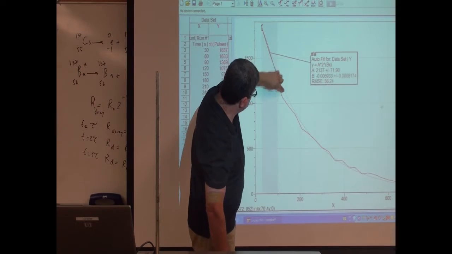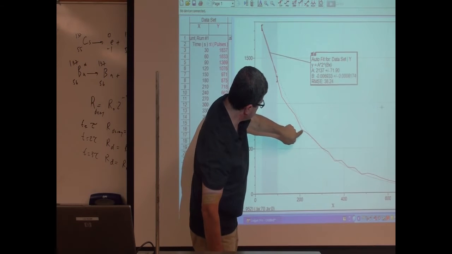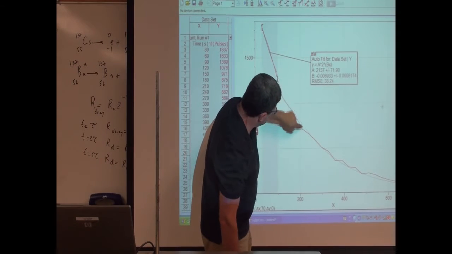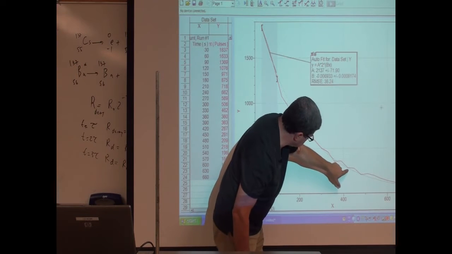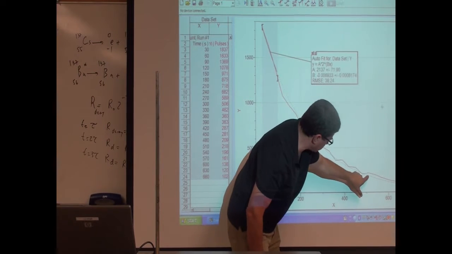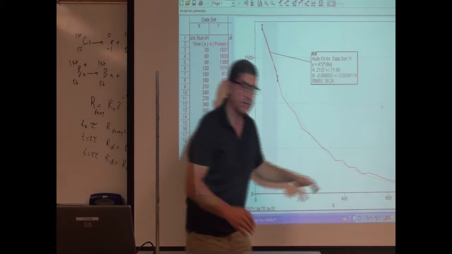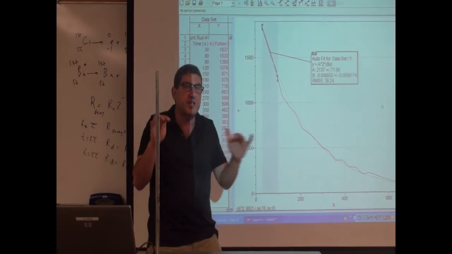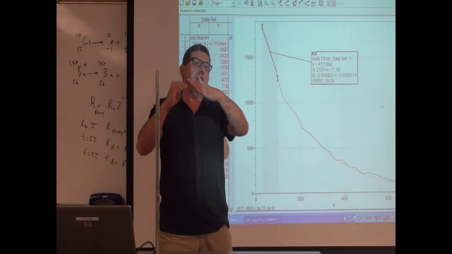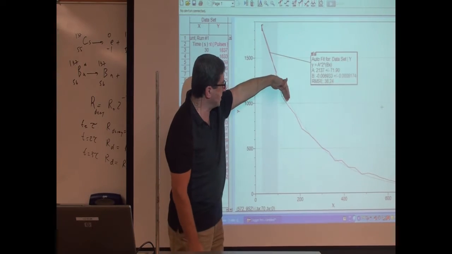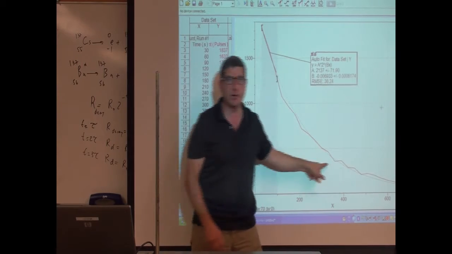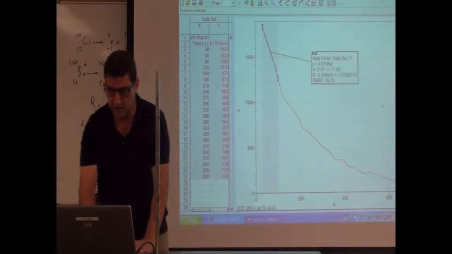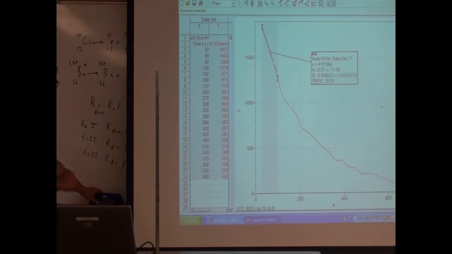You see how it goes on top of these data points, then it goes on the bottom of these red data points, and then it goes through the middle, and then it goes through the bottom of these data points, because it's trying to make the best fit curve through those data points. So sometimes you're going to fit above those data points, and sometimes you're going to be below those data points, and then sometimes you're going to be right through the middle of those data points, right? So then the best function is,